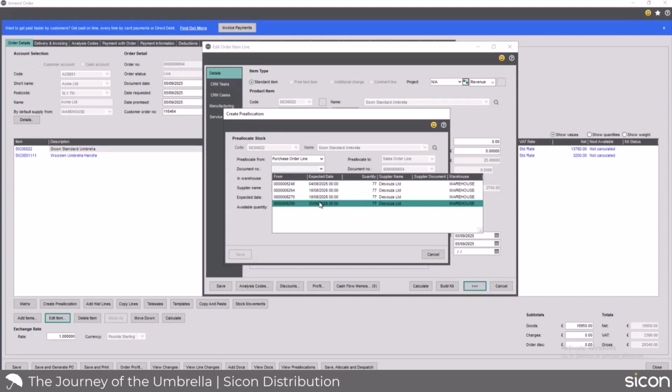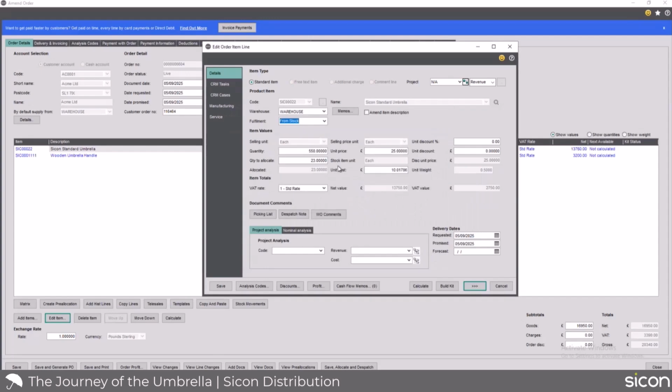So there is a pre-allocation screen for you to be able to do that. And we can also include that level of detail in dashboards, which are also available in the distribution package. So pre-allocations is a thing. If I go to save this line now,